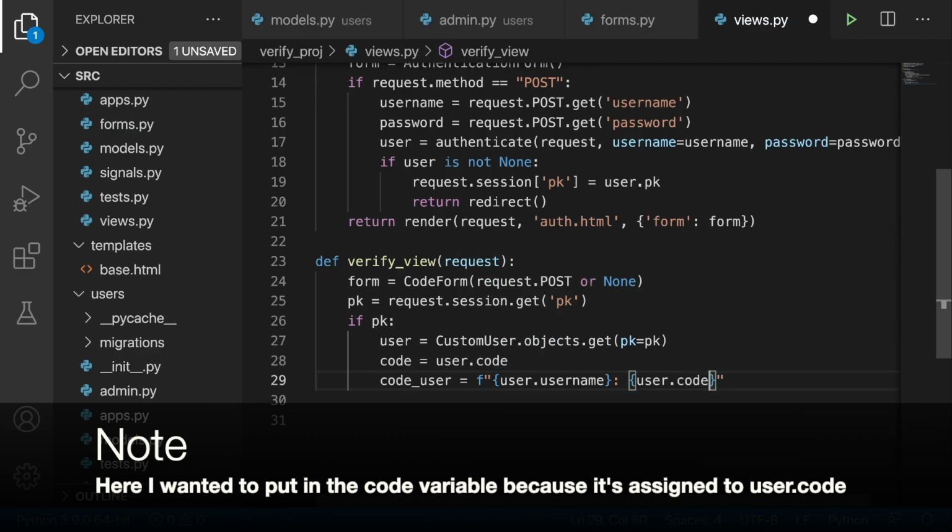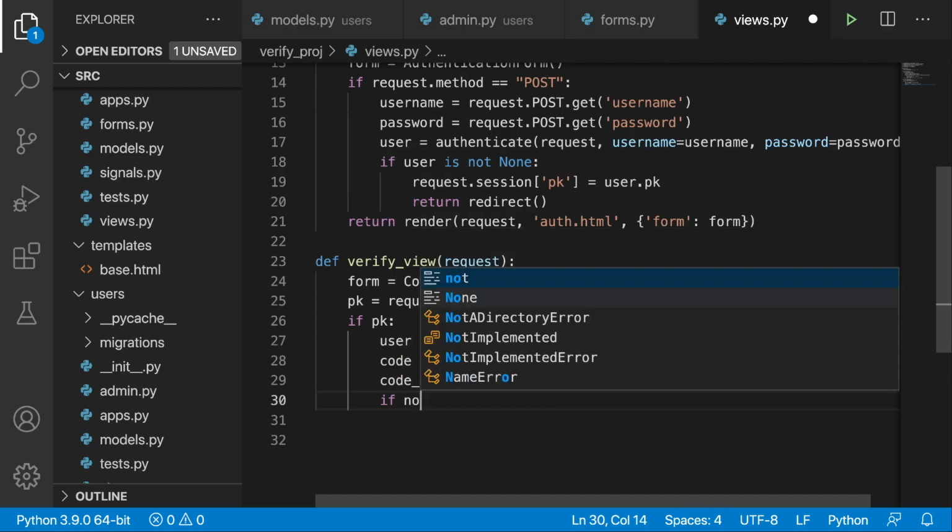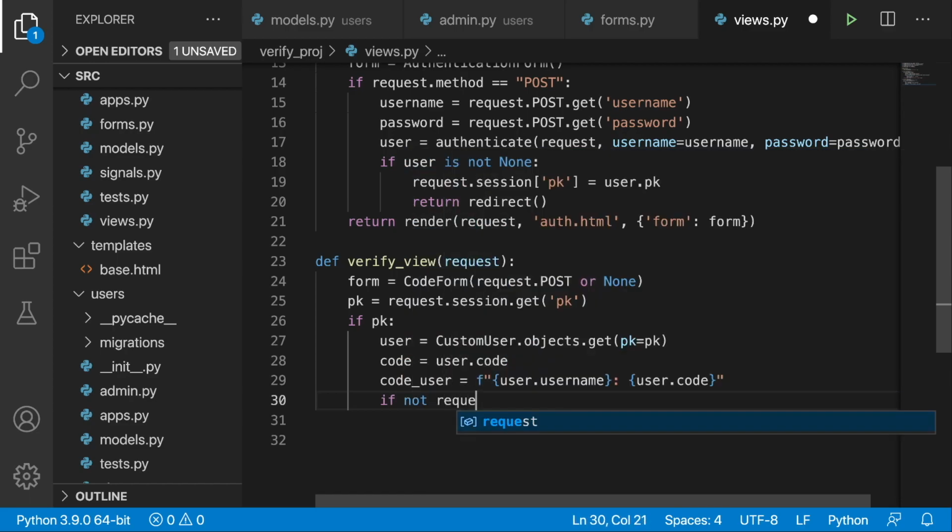So this is going to be the unique content that is going to be sent with the SMS. We will have the username and next to it the user code. All right. Okay, so let's proceed and let's do another if check, and let's write down if not request post,